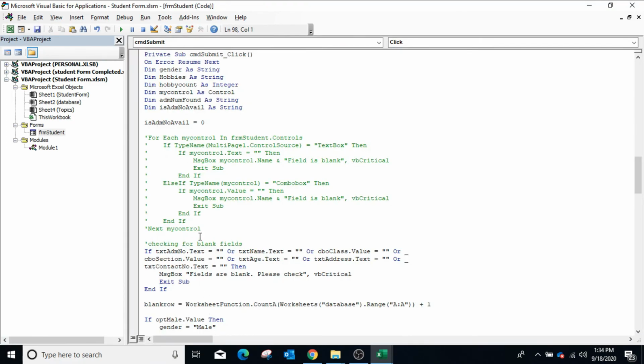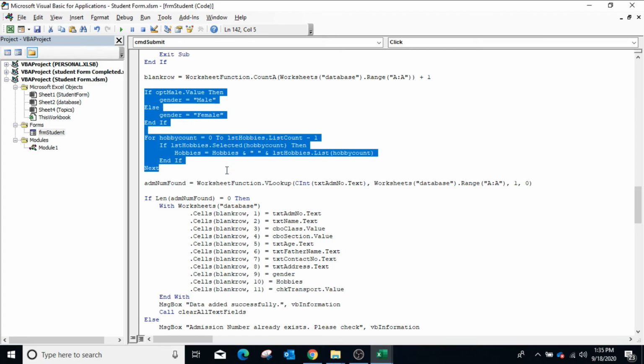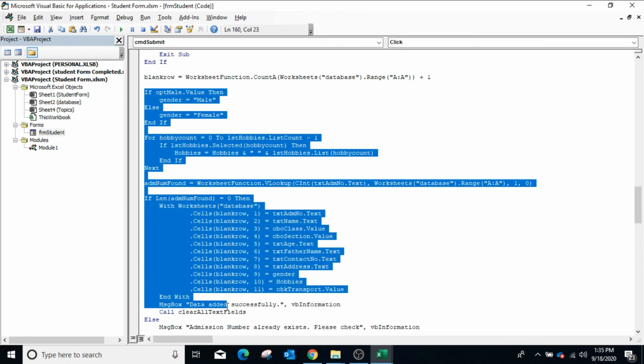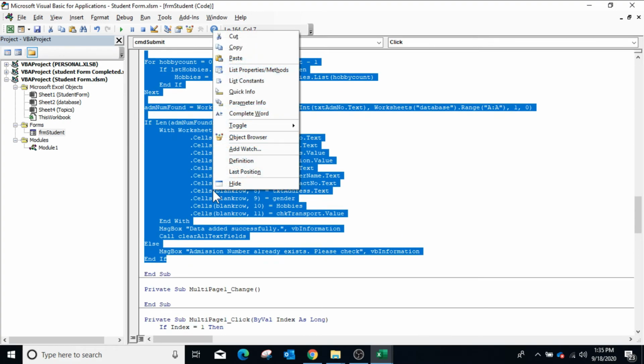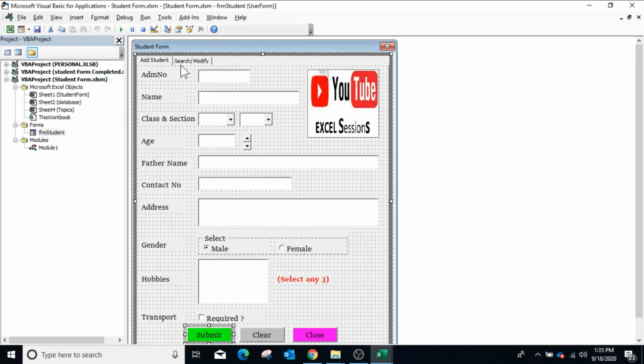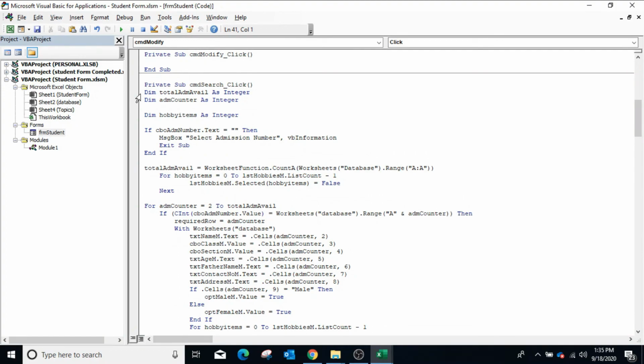Double click on the submit button. Select the code where we are checking the value of gender option box, the list box, and storing all the values from user control to Excel sheet. Copy the code, go into the second page, and in the click event of the modify button, paste the code.